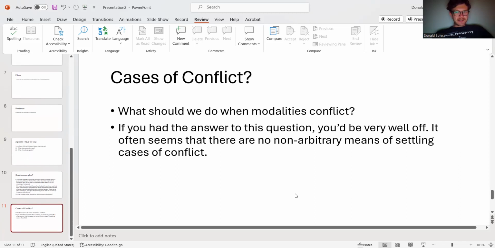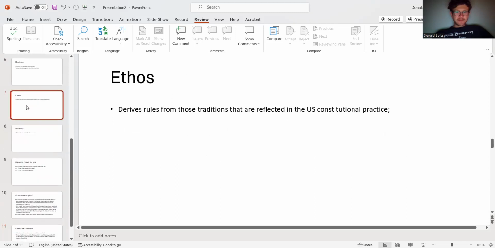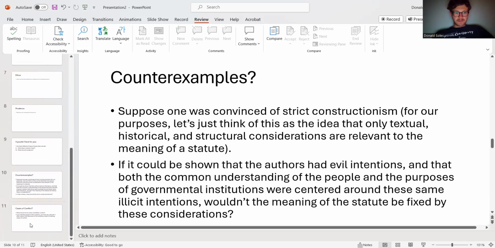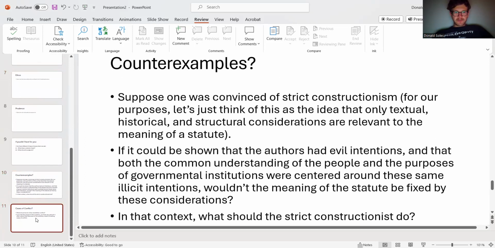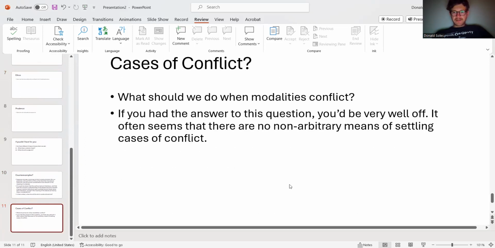It's very interesting to think about what we should do then when the author's intention tells in one direction, but perhaps the ethos tells in a different direction. How should we break these ties? What should we do? I don't have the answers for you, but in what follows in the class, we'll be looking at the way courts have wrestled with some of these issues historically.